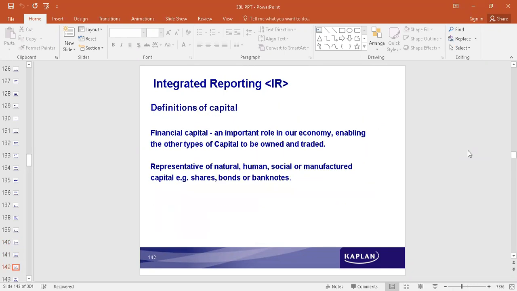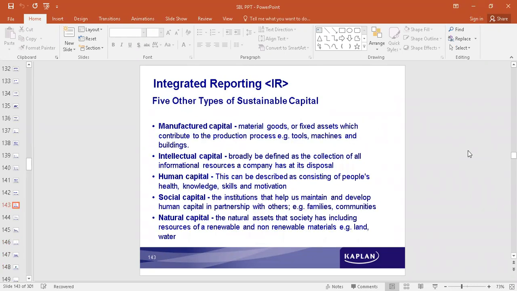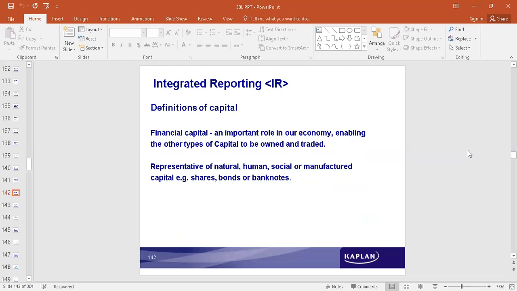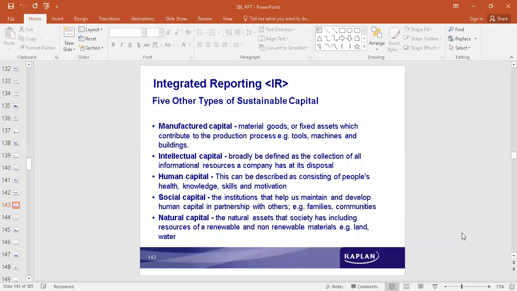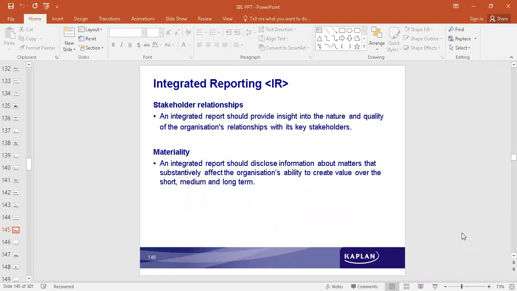The 6 different types of capital under the concept of integrated reporting. The financial capital, anyway, is disclosed in the financial statements. It's already reflected in the financial statements. But then we also have learned about 5 other different types of capital. The reports on these capitals are integrated with the report on the financial capital. Therefore, it's called integrated reporting. Now, integrated reporting is taken up and the information is disclosed for the benefit of the stakeholders for better decision making of the stakeholders. So that's the concept.